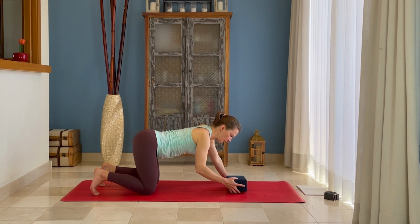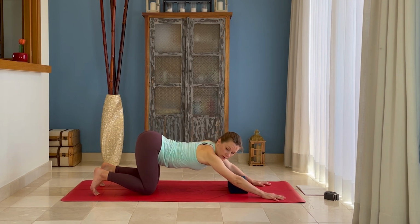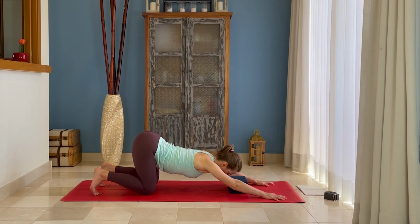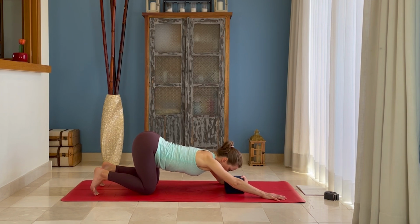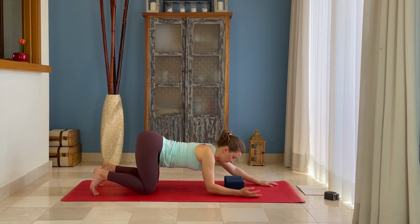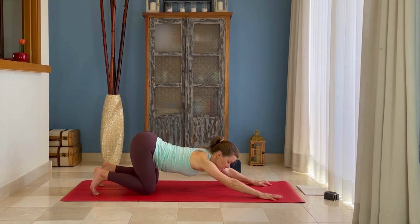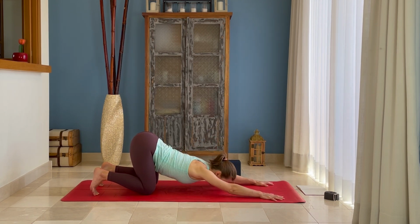Try. Maybe not. So you're walking your hands forward, keeping your hips above your knees, releasing your forehead onto the block. But imagine that you want to bring your sternum down towards the floor, so you're melting behind your heart. And if you feel like the block is not important there, so you don't need it, then forehead down towards